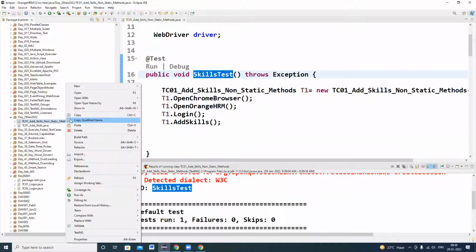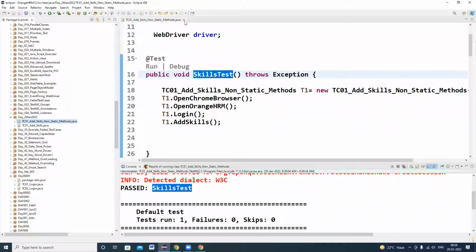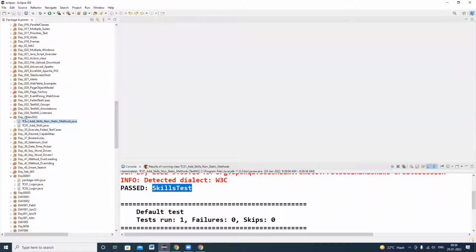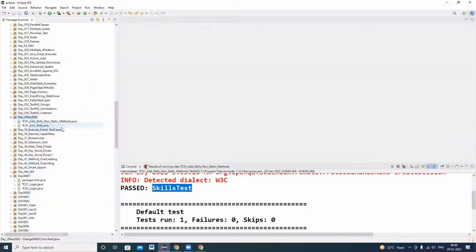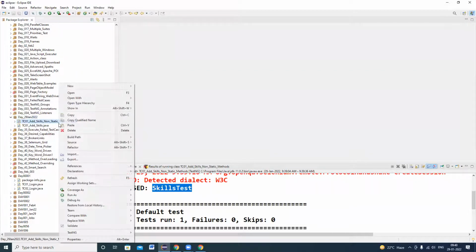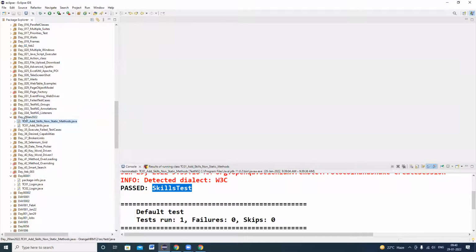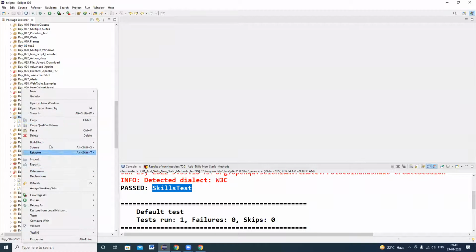So I'm copying this program. I don't want to disturb this program, and I want to create parameterization. So one second. Copy. And I'm pasting.